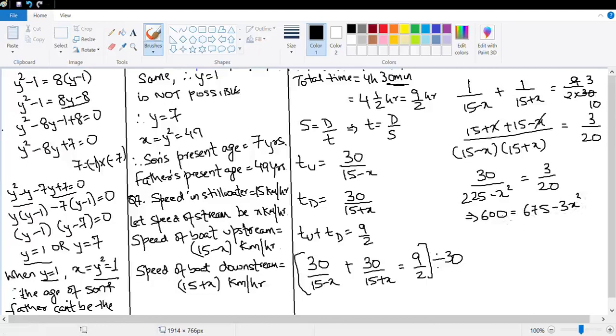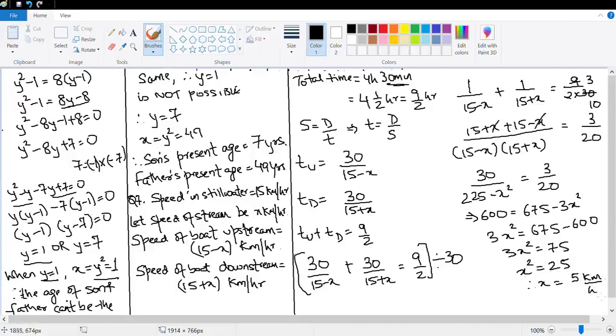Let's take these two elements on this side because I want to keep my x square positive. So 3x square is equal to 675 minus 600, which means 3x square is equal to 75. x square is equal to 25. Therefore x is equal to plus minus 5